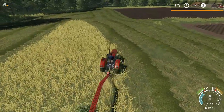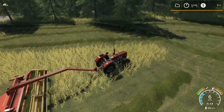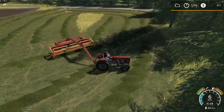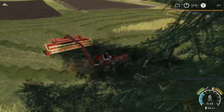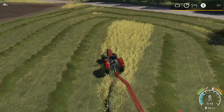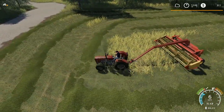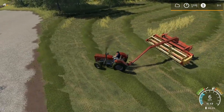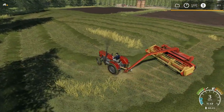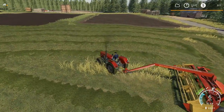I just realized something though. This might not fit through our gate. I might have to find another place to store it. But it's certainly going to be a lot easier to deal with this grass, instead of doing it just a little bit every time I go by. I mean, this thing is just whacking out huge tracts of grass. Huge tracts of land. It's not exactly lightning fast, but